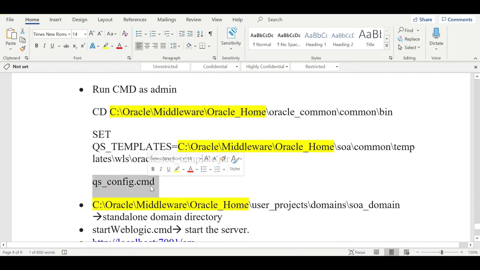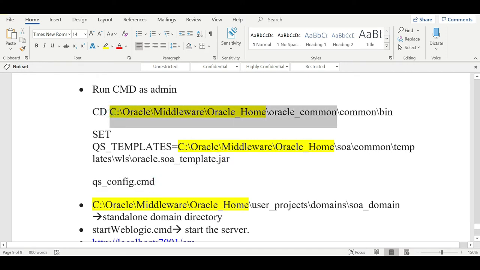You will find this command under this particular path. This is the Oracle home, the path where you have installed Oracle SOA Suite. Inside that, Oracle common, then the bin folder. So I'm just copying it. I will show you guys.